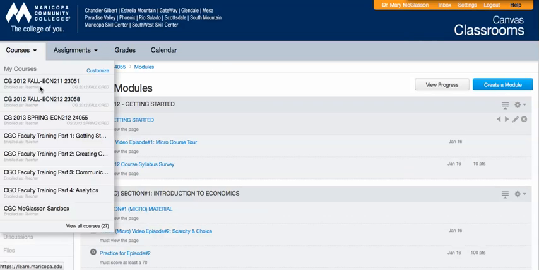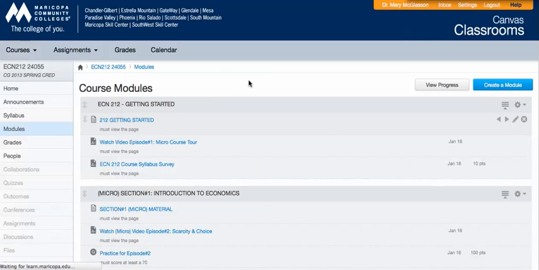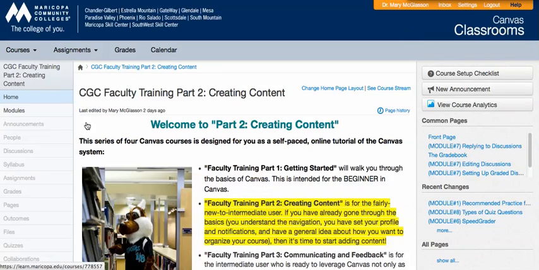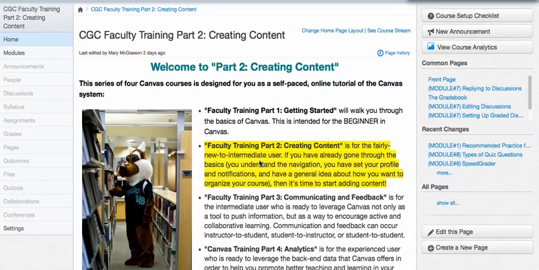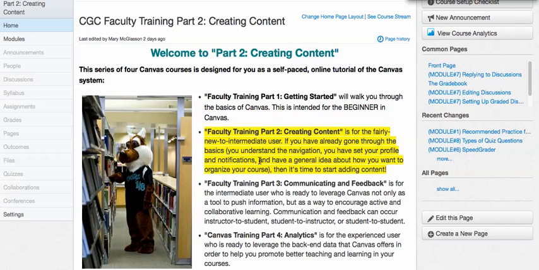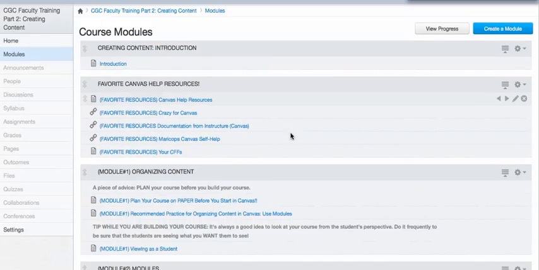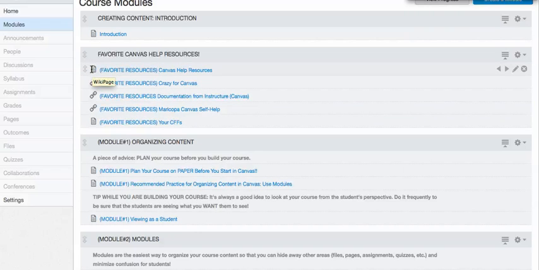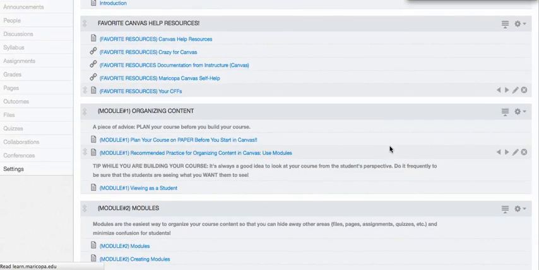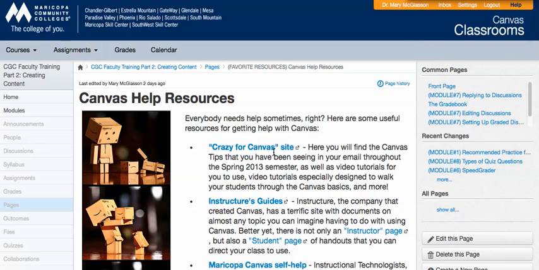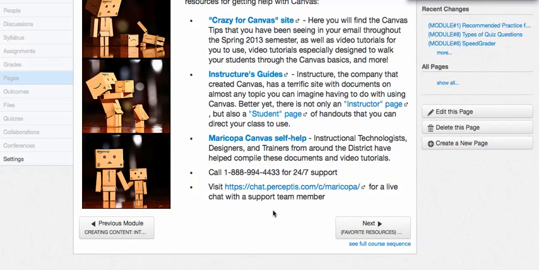Certainly in this course that you are taking, the faculty training course, let me move to that for just a second. I've used many, many more pages because I'm not giving you guys assignments. This is self-paced. You're walking yourself through a lot of information, so I use a lot of pages in the modules, as you have seen. Anytime I have this little page icon, it's because I have given you a page of information for you to use. And that information, again, can include images or links out to other resource sites or links to other items